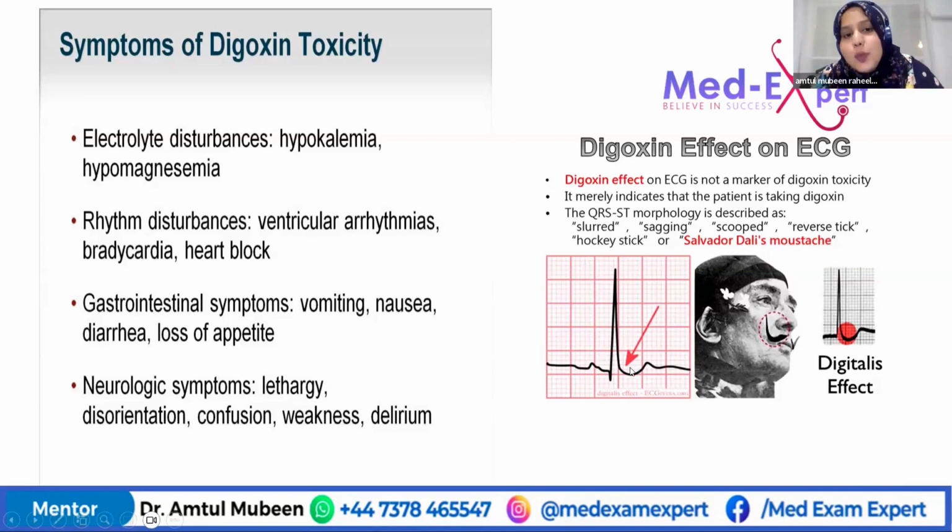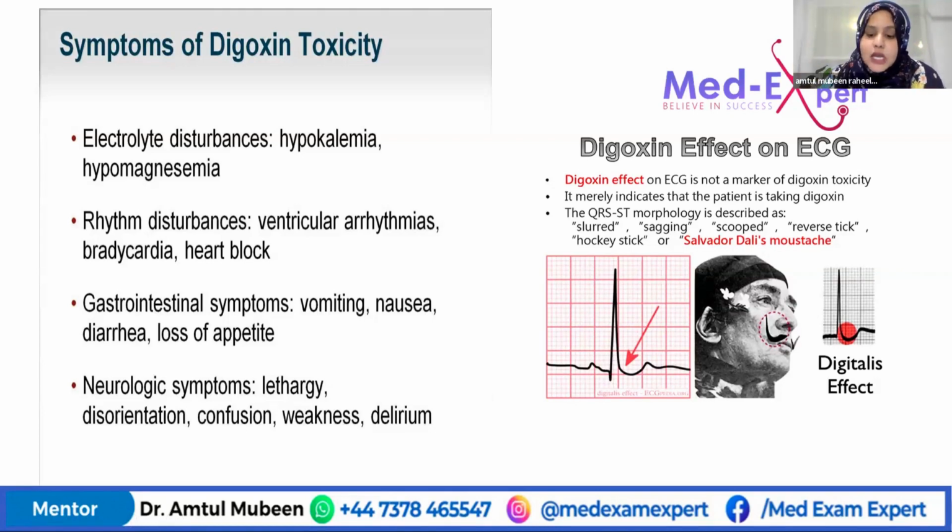And when ST scooping is done, what happens? There will be ST segment depression because it has to scoop from it. And when the ST segment is depressed, what will happen to the T wave? It will go down, T wave inversion. Generally, you don't see the U wave, it goes a little bit flat. But now, because of the scoop, something which was down has taken an up, and the amplitude of the U wave increases.